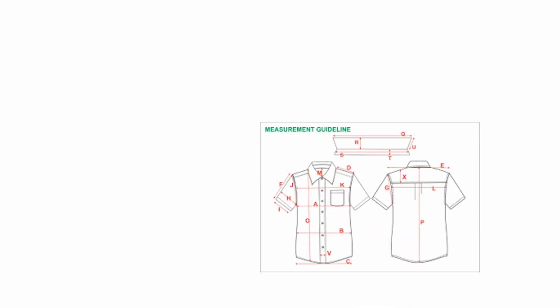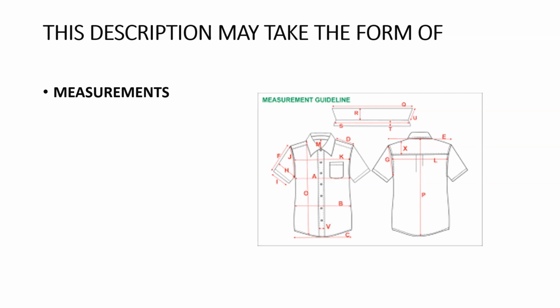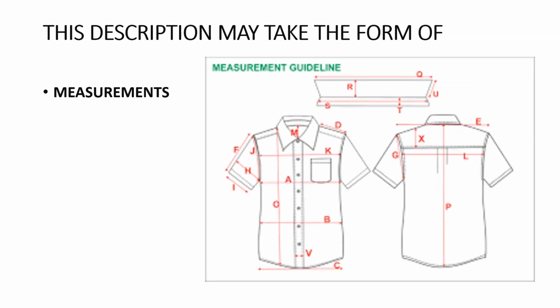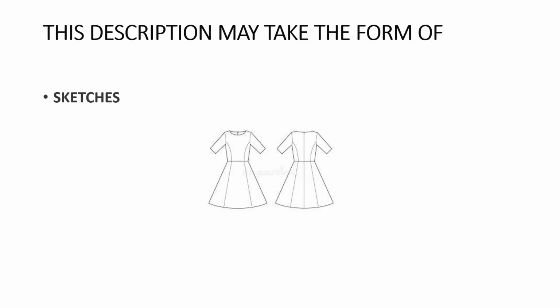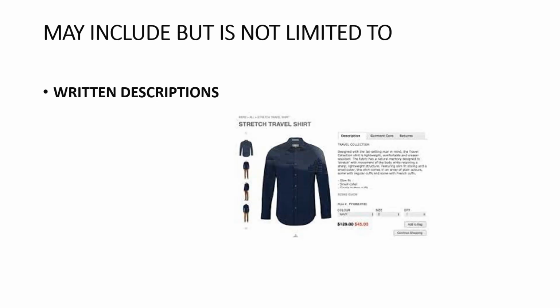And this kind of description will be in the form of written notes, and the description also takes the form of measurements, different areas of measurement of the garment. That is also part and parcel of element 4, descriptions. This description also talks about the sketches of the garment which are to be produced, which is covered under this spec sheet. This also includes the written descriptions of the garment, different important features of the garment,